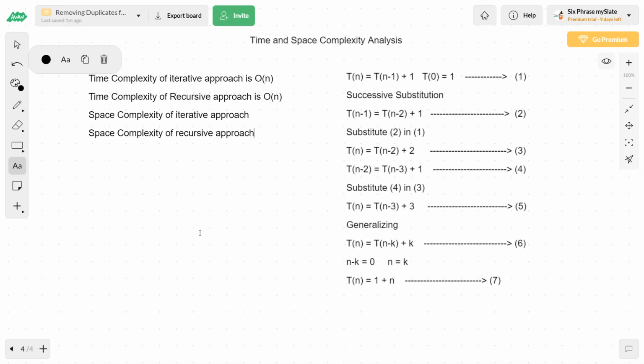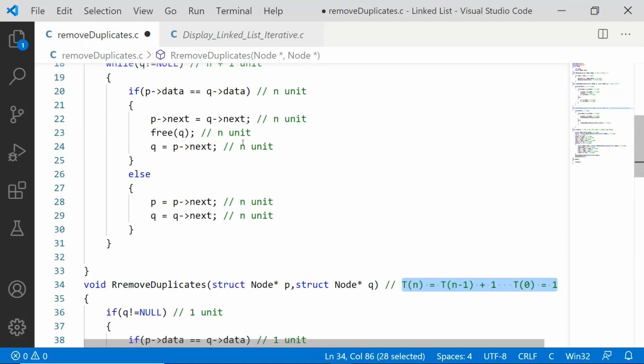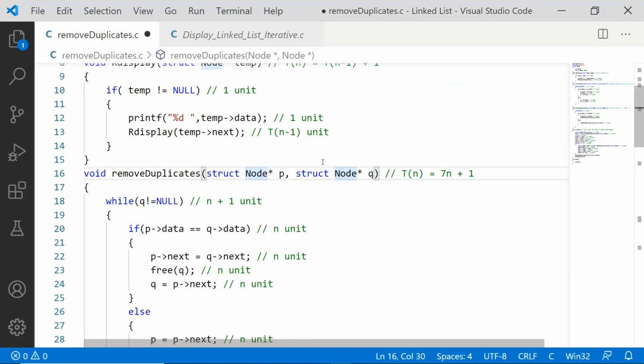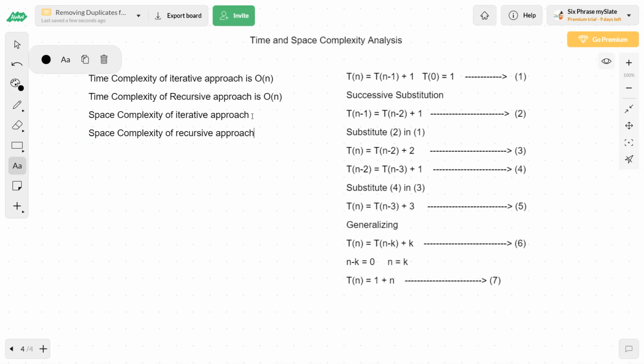So coming to the space complexity of iterative approach, how many memory blocks will we be taking in iterative? P and Q are the only blocks that we are taking. So a total of 2 blocks. Whatever the input changes, even if the total number of nodes available is 1000, 10,000 or 1 lakh, whatever it is, we will be taking only P and Q, 2 blocks. For block P, it is 1 unit. For block Q, it is 1 unit, totally 2 units. It's a constant value, right? So space complexity of iterative approach is a constant space. So order of 1, constant space.